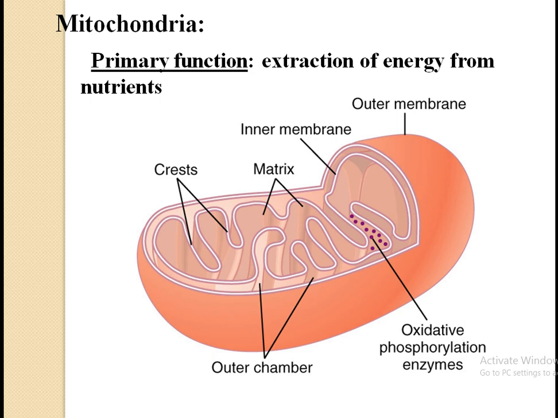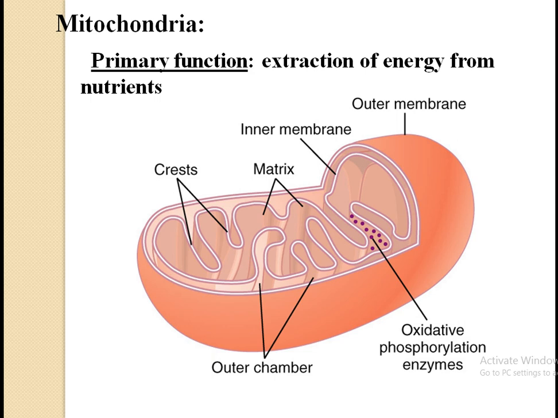It is mainly composed of two lipid layers, the outer and the inner. Many enfoldings of the inner membrane form shelves on which the oxidative enzymes are attached. The inner cavity of the mitochondria is filled with the matrix that contains large quantities of dissolved enzymes. These enzymes operate in association with the oxidative enzymes on the shelves to cause the oxidation of the nutrients, thereby forming carbon dioxide and water and at the same time releasing energy.